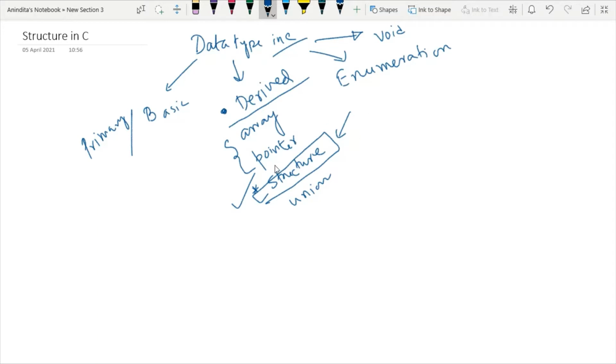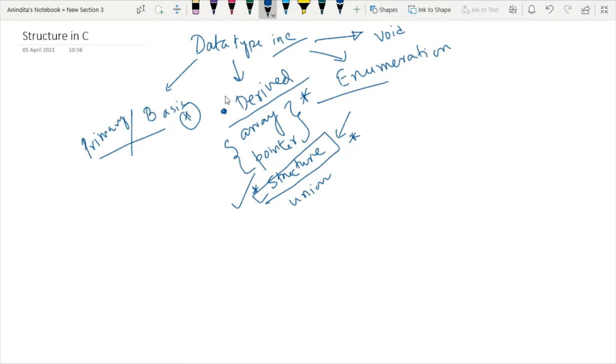Now, first, to explain structure, we have to understand a few points about this structured data type. That is, how we can simply define a structure to create our own programming. So, structure is a user defined data type in C which allows us to combine data types which come under this category. Means inside a structure I can write any other derived data types or any primary data types. So this is the basic construction of a structure.